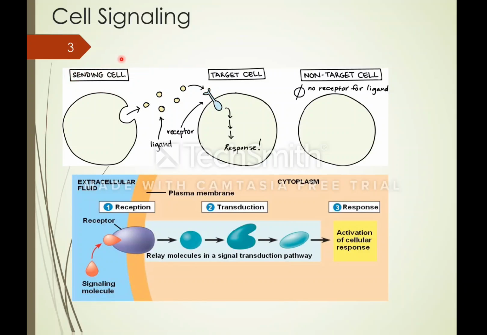The sending cell is the cell that sends the message, or it releases the ligand, and target cells include the receptor for this ligand. The ligand joins to the receptors, and the target cell responds to this stimulation. Signaling molecules